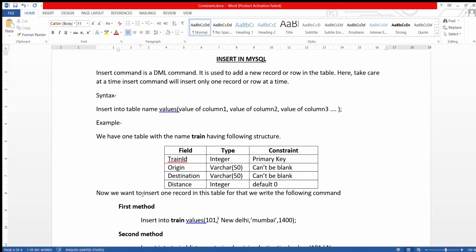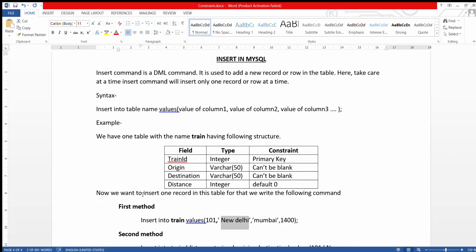Then 'New Delhi'. How do we know that this New Delhi is in the second column? Just with the help of this comma. This comma denotes that the column is changing. Now we are giving the value of the second column, so this New Delhi belongs to the column origin.